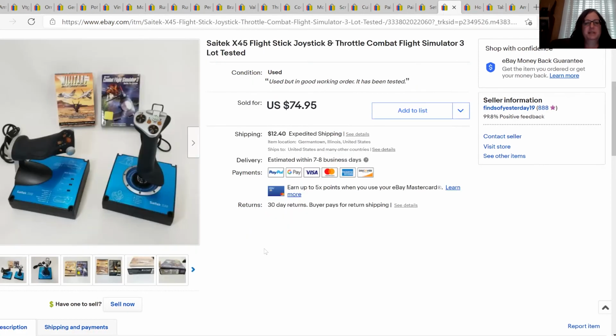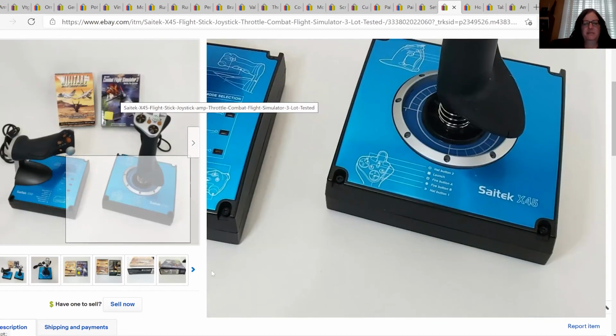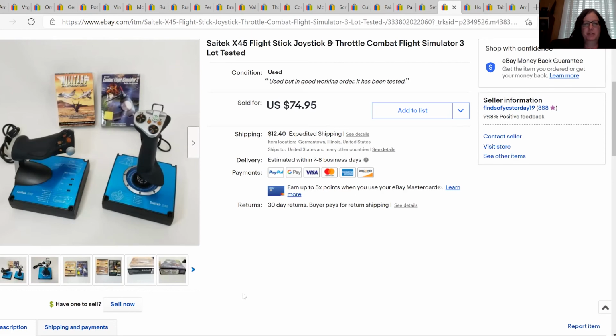This next one's a Saitek flight stick and joystick and a throttle, plus the games. So I got this whole set at a yard sale for $5. It's a computer game, which was a lot of fun. Me and my husband played it for a little while, and then we just quit playing it. So it was time to sell it. We had to mess around with it first to make sure it was working properly. I sold it for $65 on best offer, and they were all in at $93.95, and I made a profit